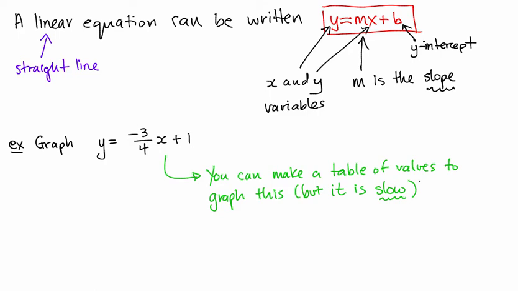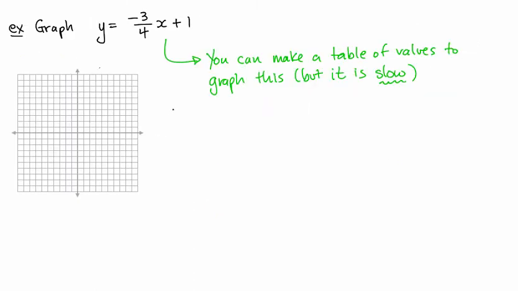So let's get some space here and some graph paper, and I'll show you the essentially 3 or 4 steps that it takes to graph this very, very quickly. So there's my graph paper, and here are the steps, and it'll take a little bit to write out, but they're actually very, very quick. So the first step is to graph or put a point down where you have a